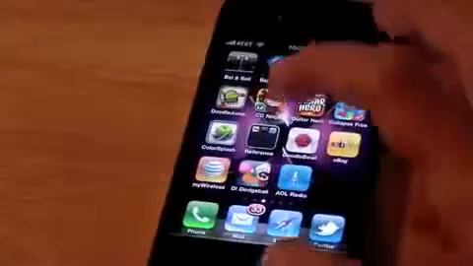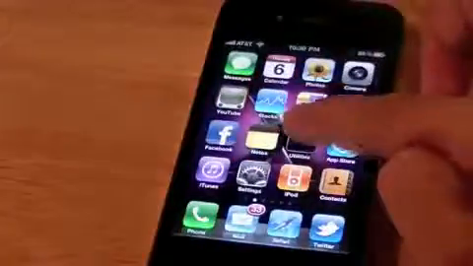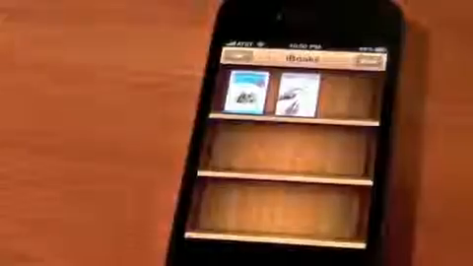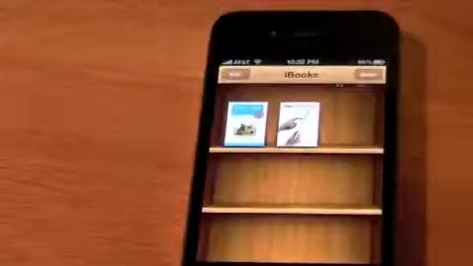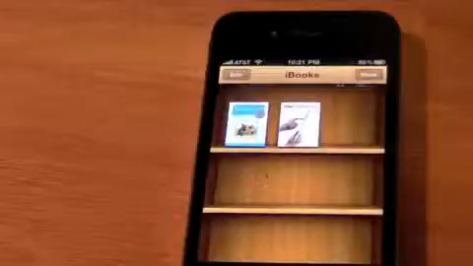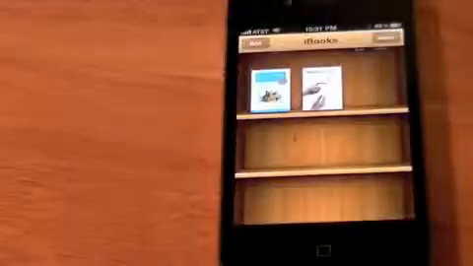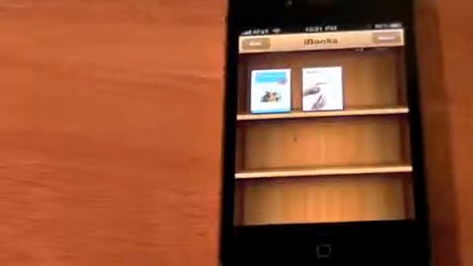The next one is iBooks. So let me jump into my iBooks app. So this is iBooks. You get your iBook shelf as you do on the iPad. Let's go back. You get Winnie the Pooh by default from Apple, but I downloaded the iPad User's Guide for free off Apple. But you can import EPUB books right off like Google or Amazon. You can download them and put them on your iPhone without the need of buying a Kindle or a Google Reader app for the